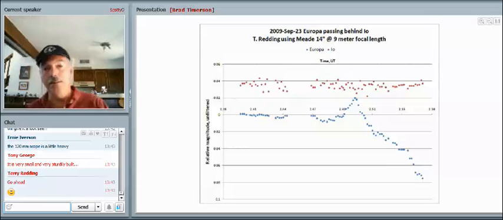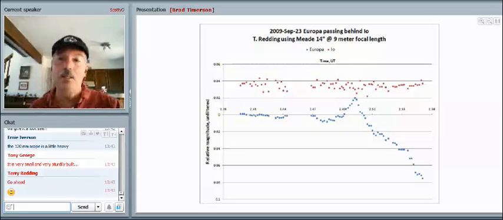So what we did is we took two different geometries. Terry Redding provided an excellent source of this for the September 23rd event in 2009. He put a 3 times Barlow in his 14-inch Meade, shot at a 9 meter focal length. This gave me such a high magnification that I was easily able to do individual photometry on the two moons involved, and showed once again in yet a different event that Europa dimmed relative to EO as it passed behind. If we go to the next slide,